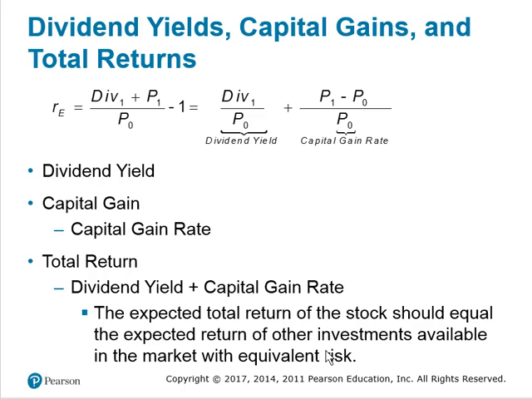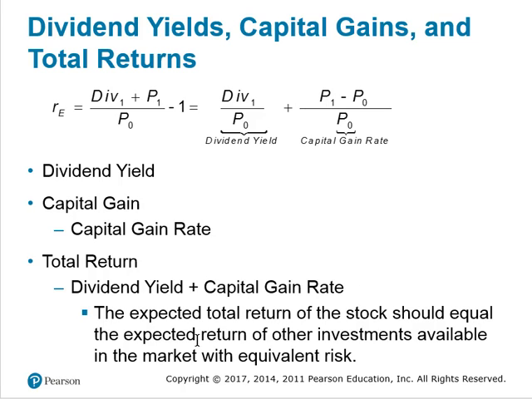If we do a little algebra, we can solve for the rate of return. The rate of return on the stock has two parts. Part of it comes from the dividend yield, next year's dividend divided by today's price. And of course, there are capital gains that we could earn, which is the difference in price divided by the current price. So this cost of equity, or the return on equity, comes from two parts. And this makes sense. When you buy stocks, there are two ways you make money: from dividends that you receive,